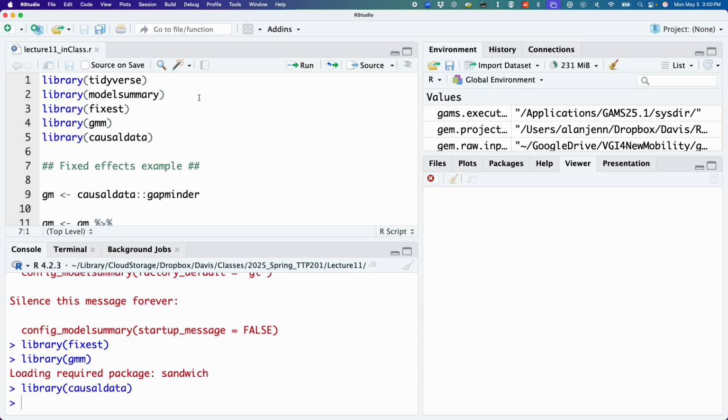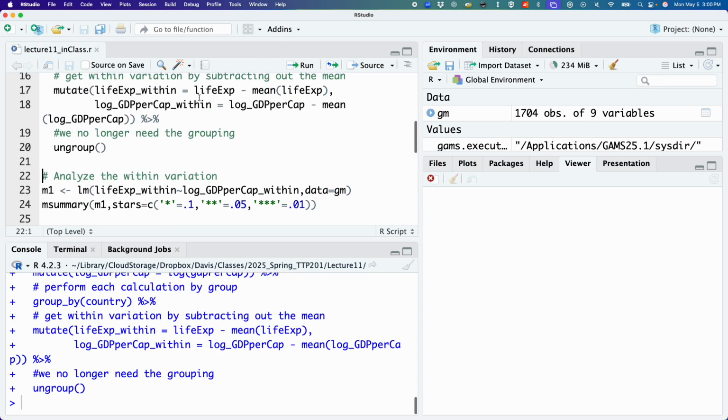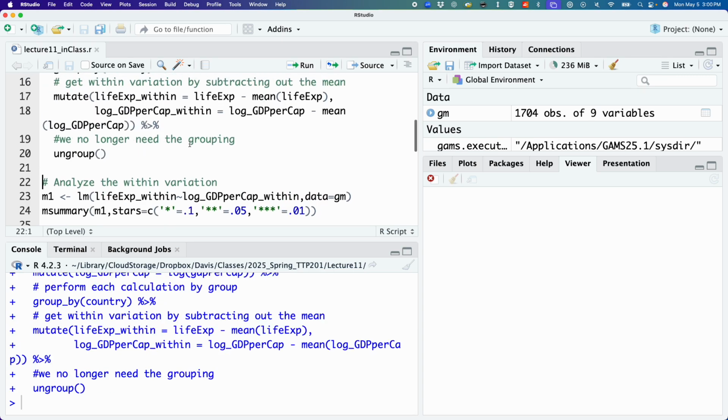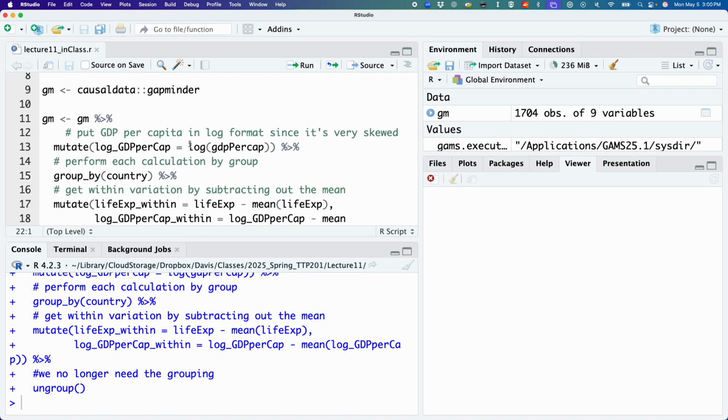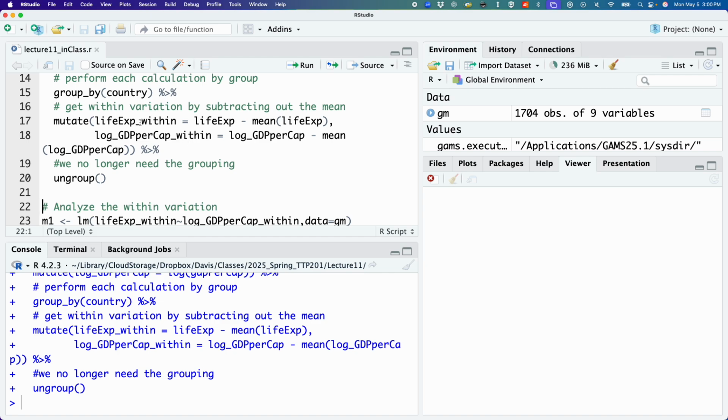So we're going to look at a particular example of fixed effects, where we are looking at a particular model where you're trying to understand the life expectancy